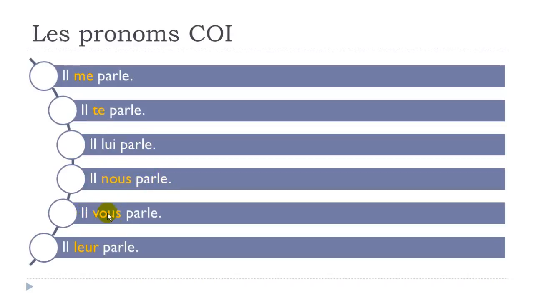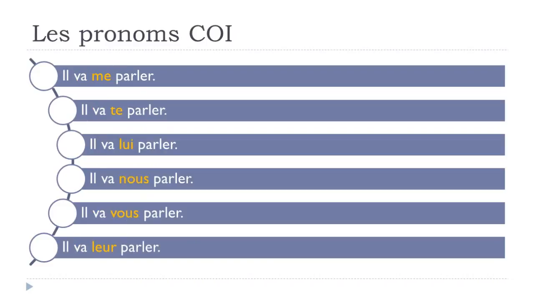Il vous parle. Il leur parle. Alright? Il me parle. Il te parle. Il lui parle. Il nous parle. Il vous parle, il leur parle. Okay, so these examples are with one verb, okay, and then I've been rewriting the same